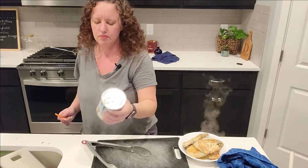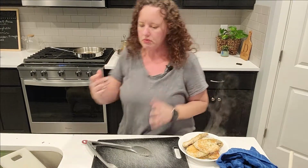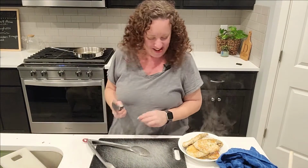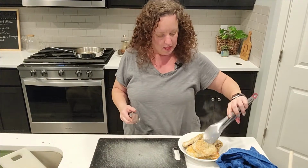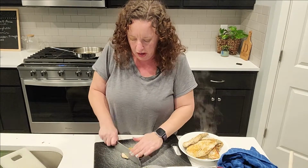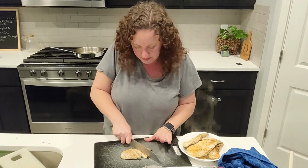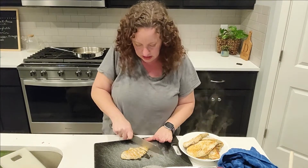Okay, I think I'm gonna start with one can. Hopefully we don't need more than one. I lost my knife. All right. Who knew this was a three cutting board meal? You can also watch. Now, I didn't use a thermometer this time, but these chicken breasts are pretty thin, and